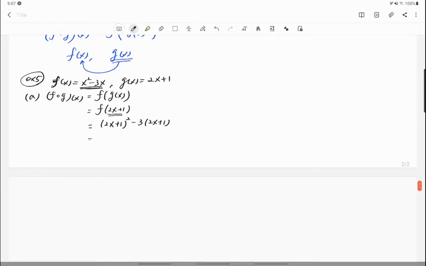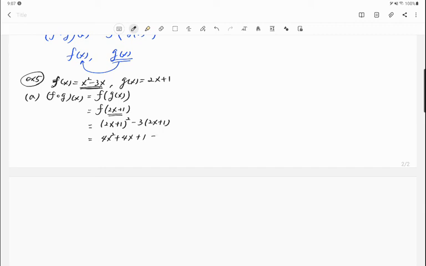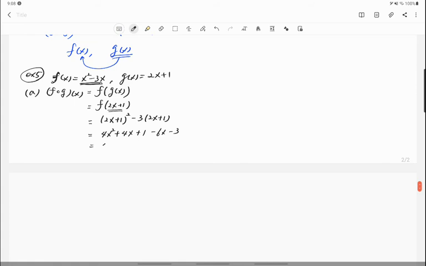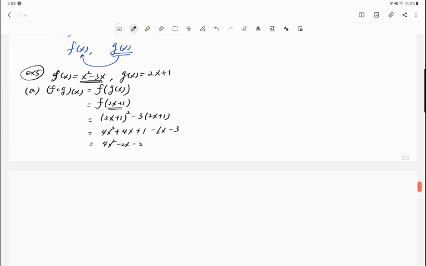Right, then this is equal to, then we need to distribute it. So (2x) squared plus 2ab plus 1 squared, then minus 6x minus 3. Then simplify it, so 4x squared minus 2x minus 2. All right, that's f circle g. Okay, f circle g. How about